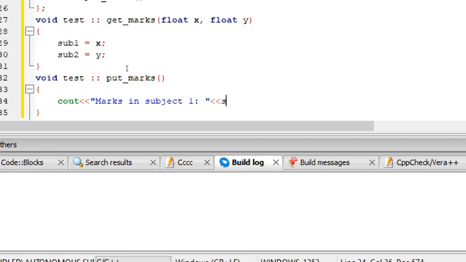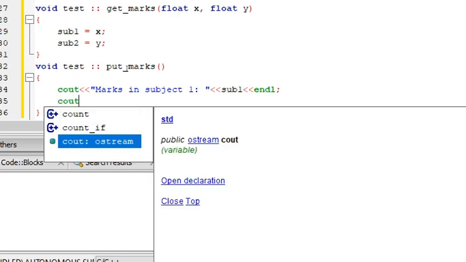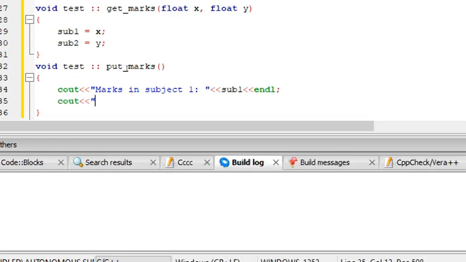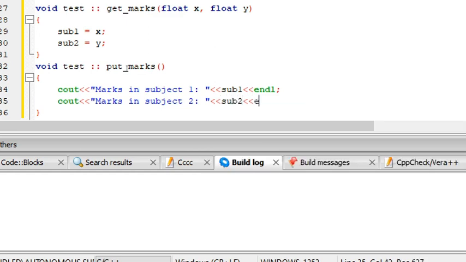I need to call the first variable, that is subject1, and likewise call the second marks in subject2, my second variable sub2.